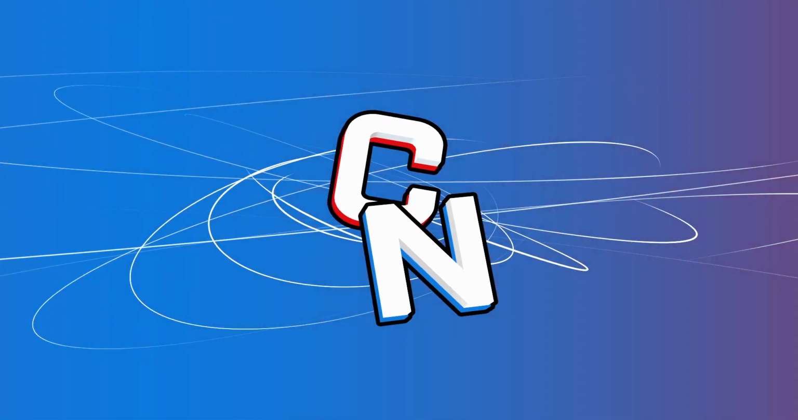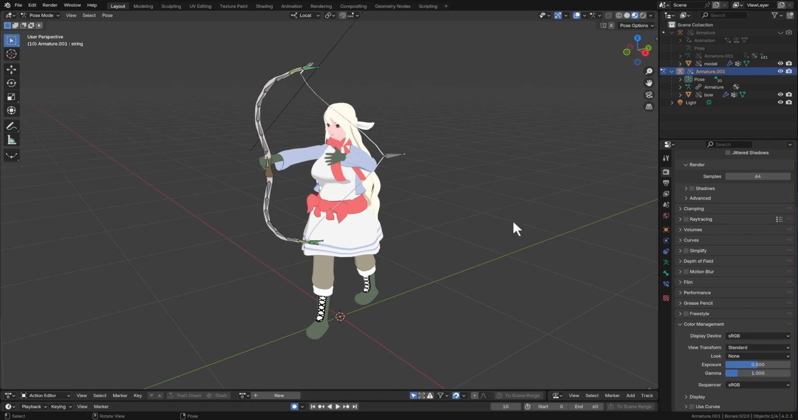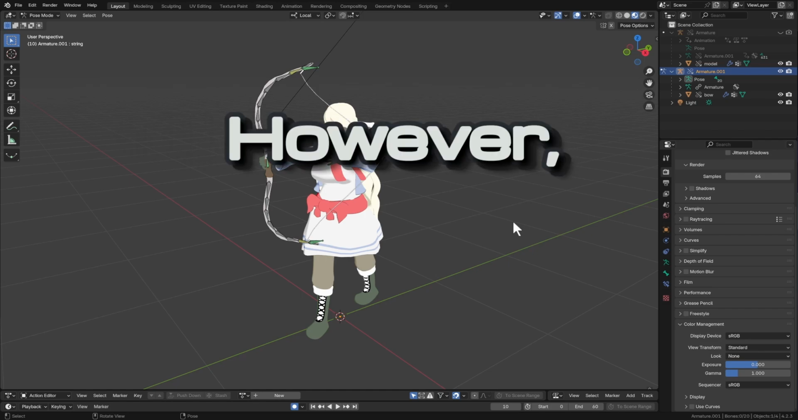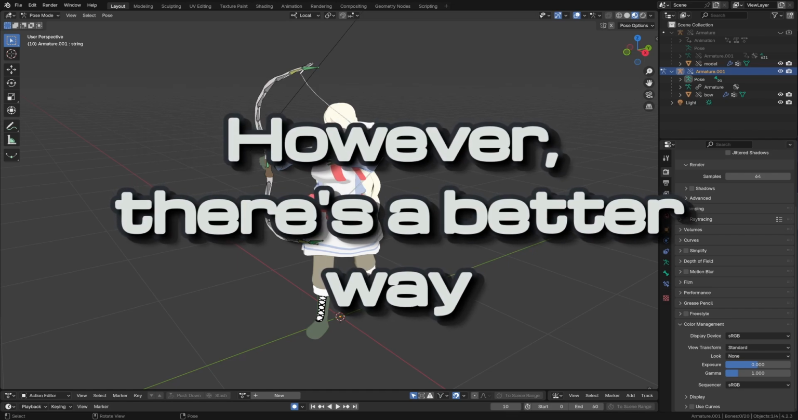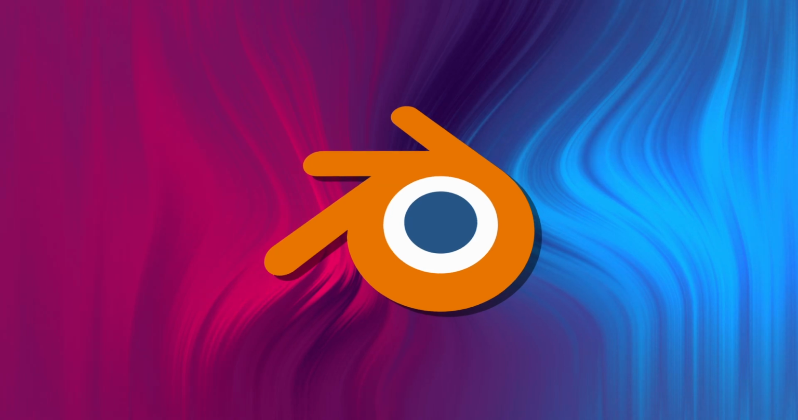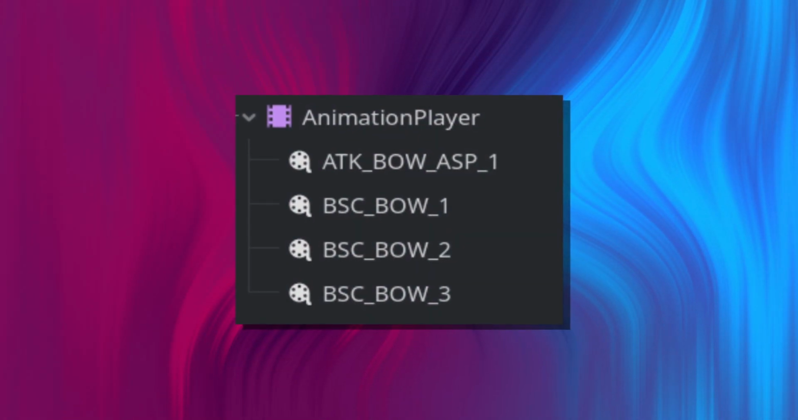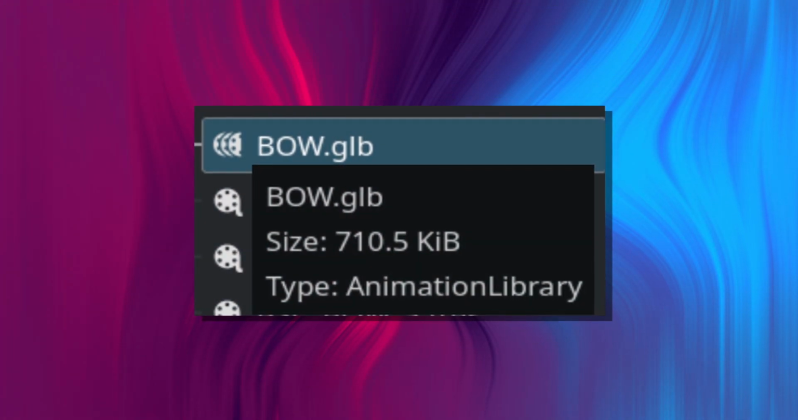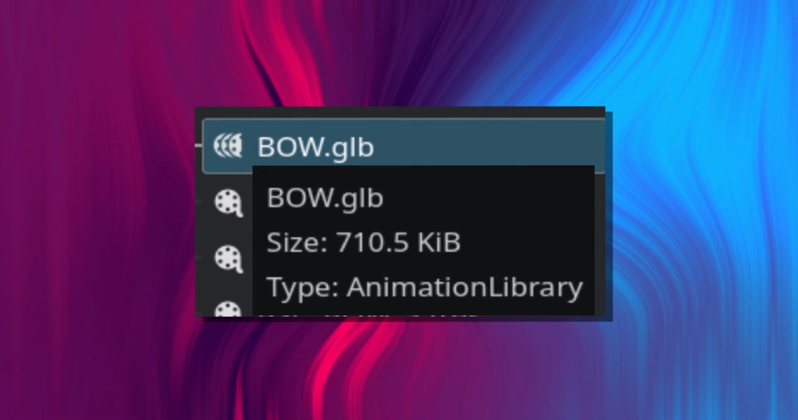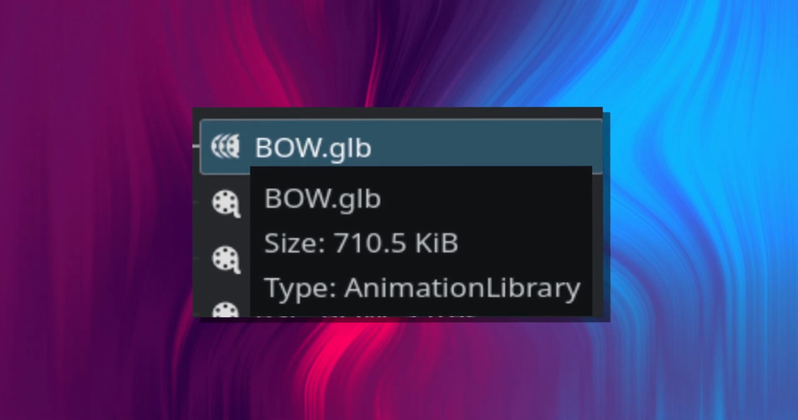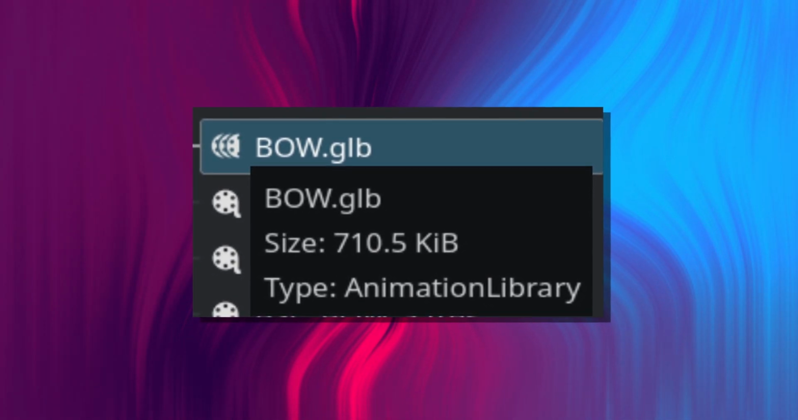We could export the character as is, with the bow animation as part of the character scene. However, there's a slightly more reusable way we could do this. By making a separate blend file, in which we can store our attack animations, we can export that and use it as an animation library in Godot. This way all characters can use it later on, and it will work as long as the characters themselves share